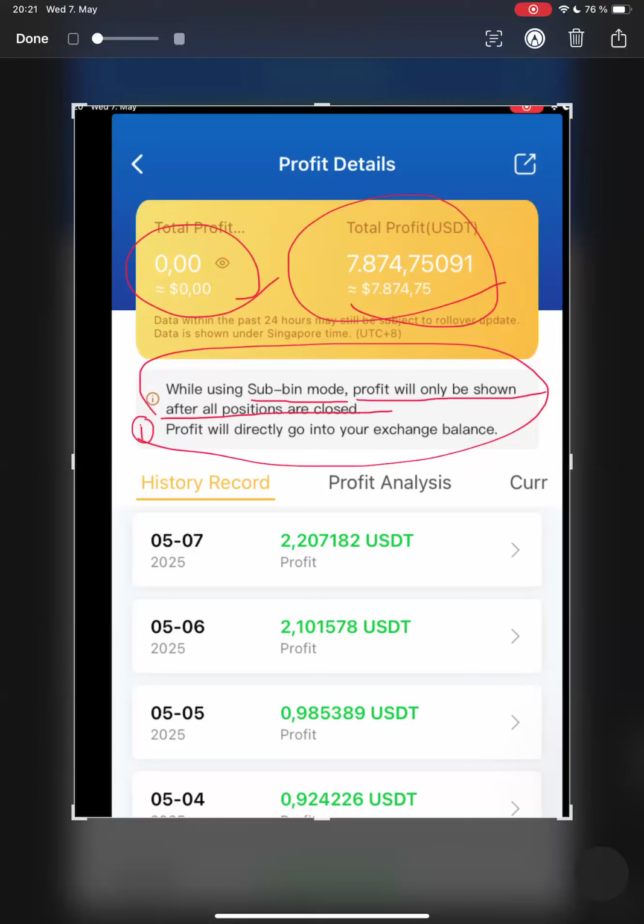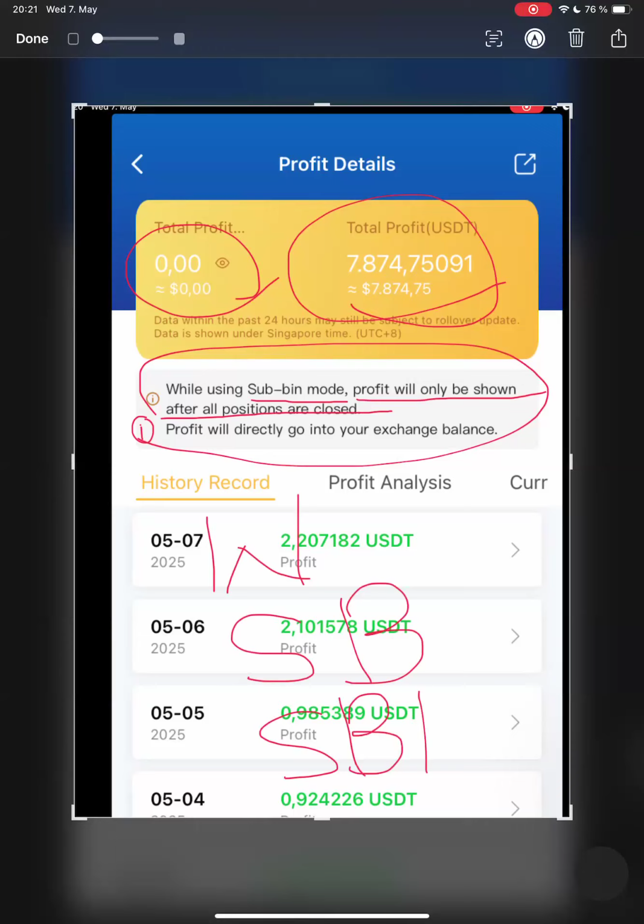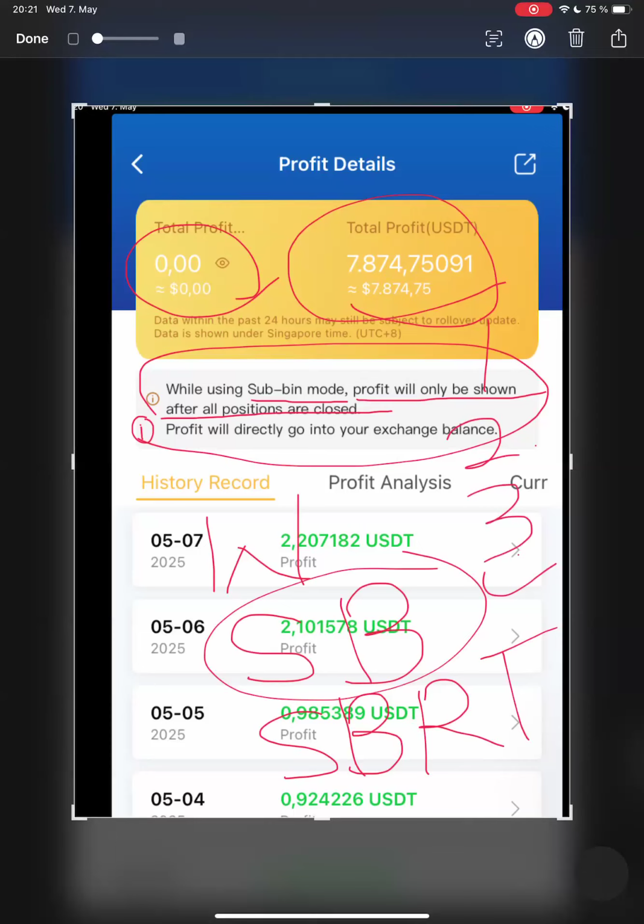So there are three types of strategy mode. We have the whole warehouse mode, we have the sub-bin mode, then we have the sub-bin real-time settlement. Now, if you are using the middle one, if the robot buys your first call, second call, third call, fourth call, fifth call, and so on,